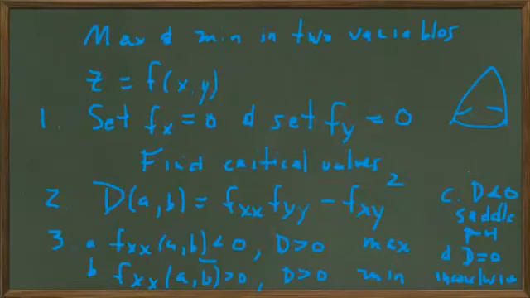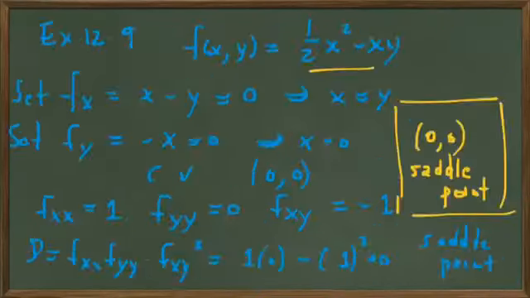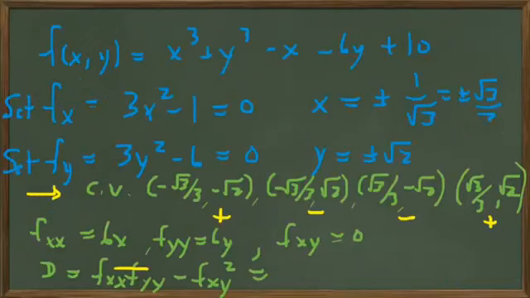So looking back to our requirement, for us to have a max or a min, the discriminant has to be positive, and when the discriminant is negative, we have a saddle point. So if we go back to where we were, we see that we have saddle points here and here,